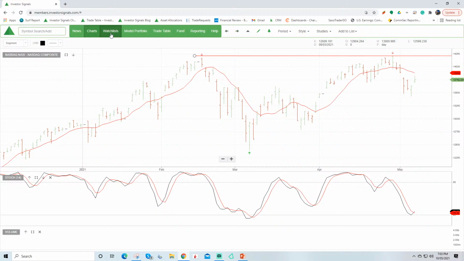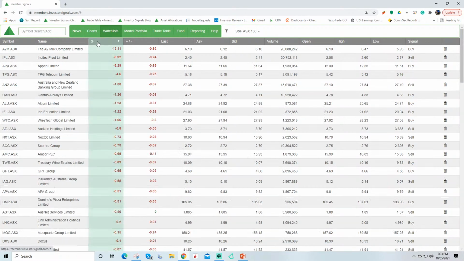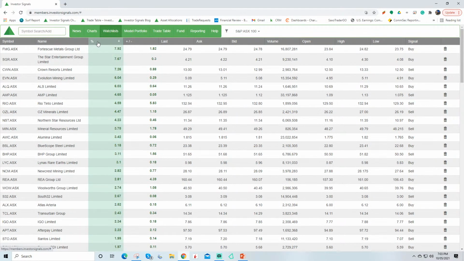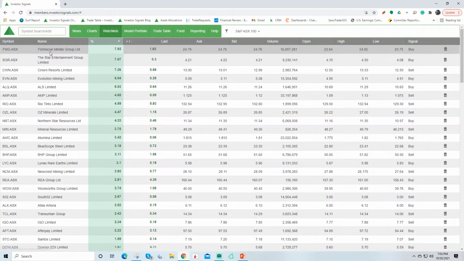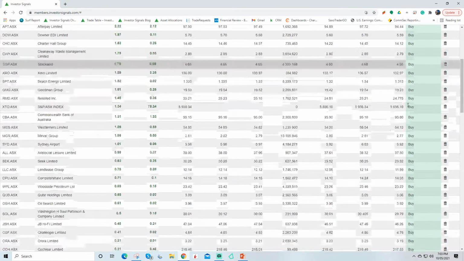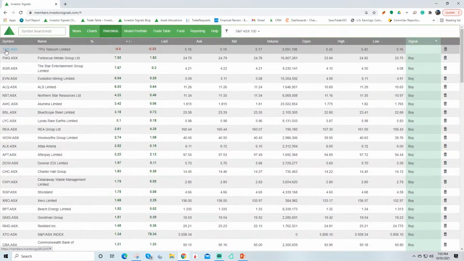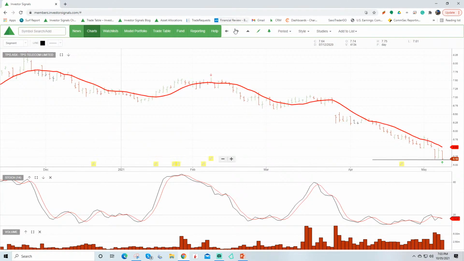But for the moment we continue to remain on the bullish side of equities, and if we have a look at what that means for the ASX 100 and which stocks we're long, which ones we're cautious on, we get the percentage gainers to the top, organize it in buy, so we go through the stocks under buy conditions, then we look at the ones under sells. So this is the focus of the stocks in the portfolio at the moment.